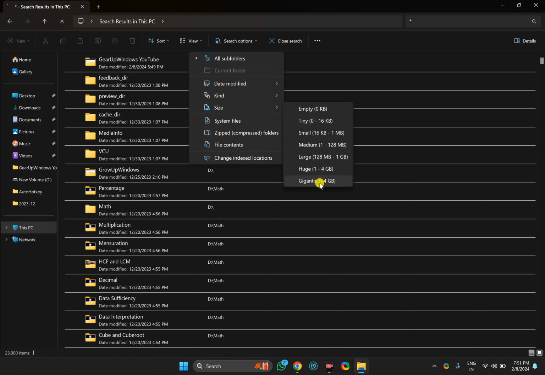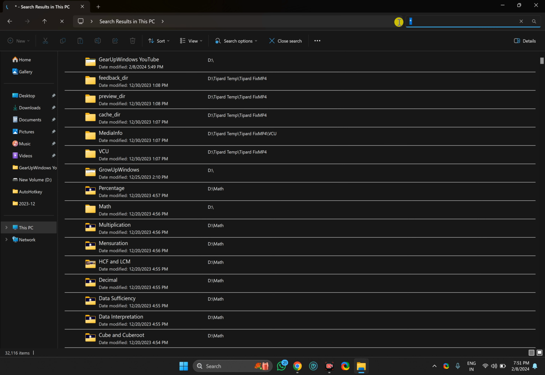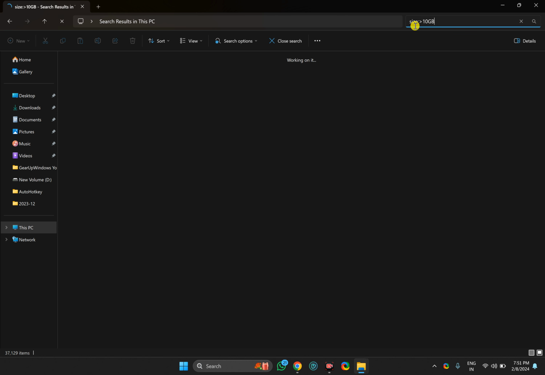In case it does not match your preferred option, suppose you want to search for files larger than 5 GB, then just remove this star and type size colon, the greater than symbol, and your desired size.